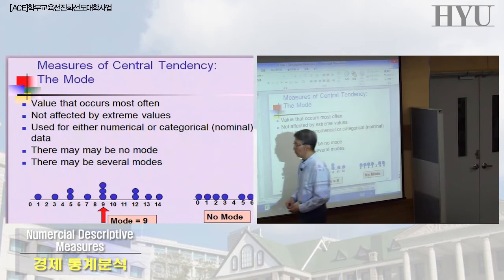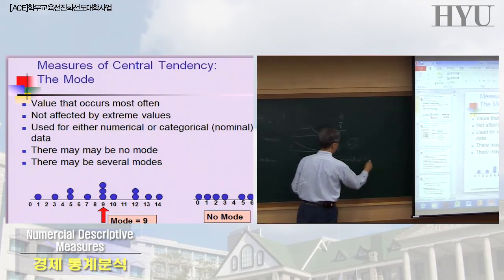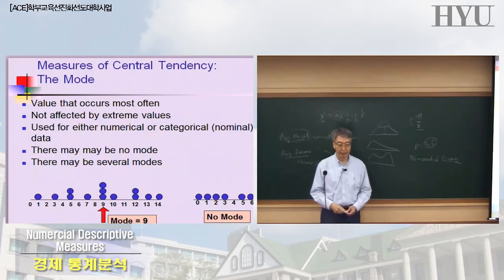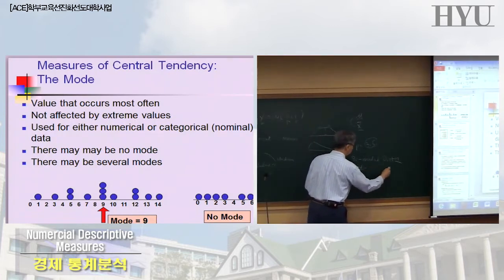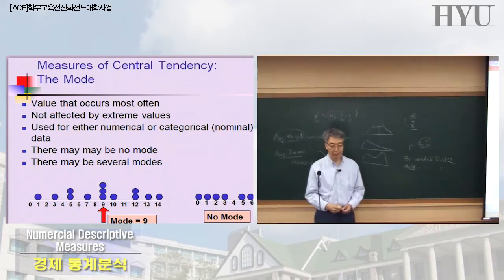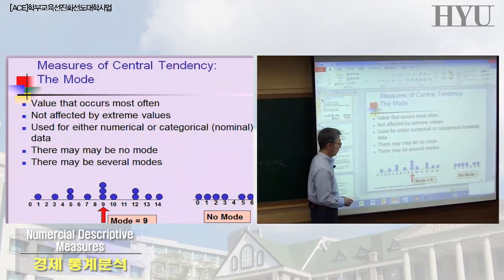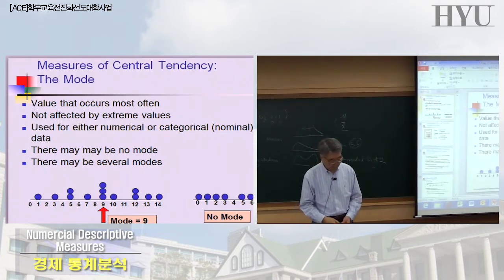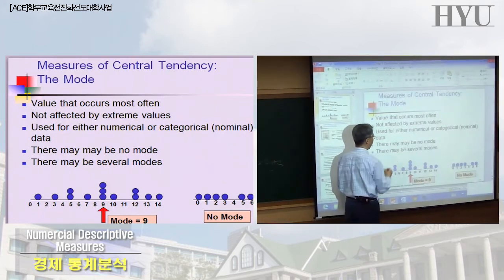Specifically, it's called a bimodal distribution, which means the distribution has 2 modes. But it is also possible that we can have a multi-modal distribution. Some distributions can have multiple modes. If you have, say, 2 5s, 2 9s, 2 12s, then we have 5, 9, and 12 as our modes. Pretty simple. Another interesting thing about modes is that not only for numerical data, but for categorical or nominal data,